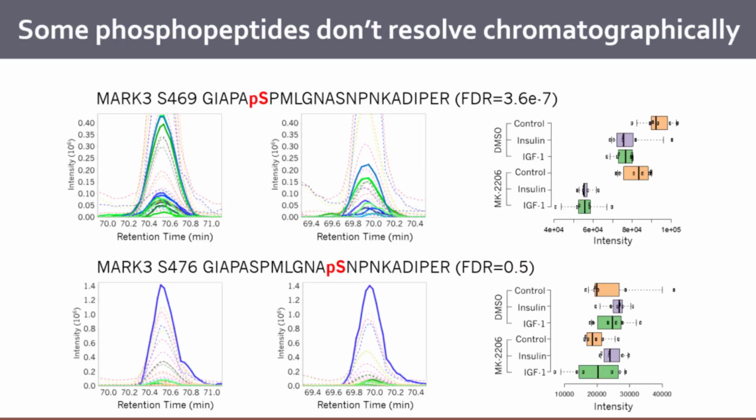Okay, kind of. I also just want to show there are even cases where they're not chromatographically separated at all, and functionally, whether or not you have an inhibitor, with or without insulin, the phosphorylation is changing in a site-specific way that would have been completely missed by another